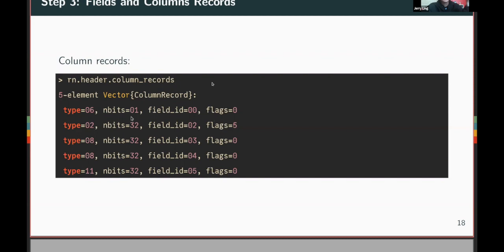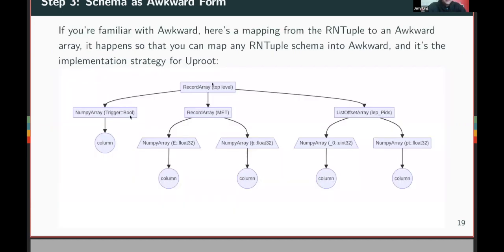And then n bits records how many bits each of the data contains. So we know that the first field is a trigger, and that one's a Boolean. RNtuple stores a Boolean as a single bit, so this n bits is 1. This is the kind of pattern. So now we come back to